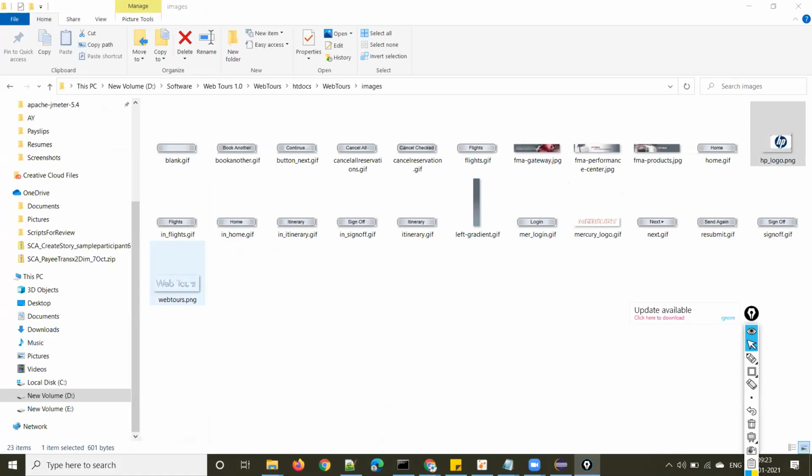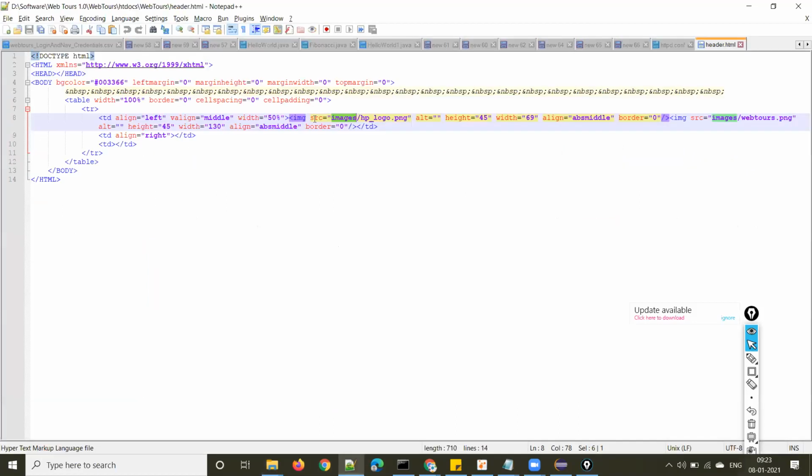In this way, header.html is calling these two images. All this background color and these two images make the header.html.